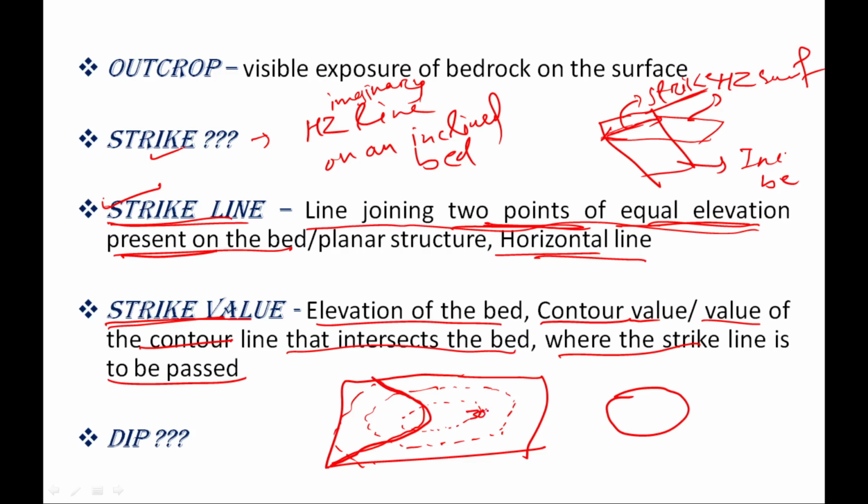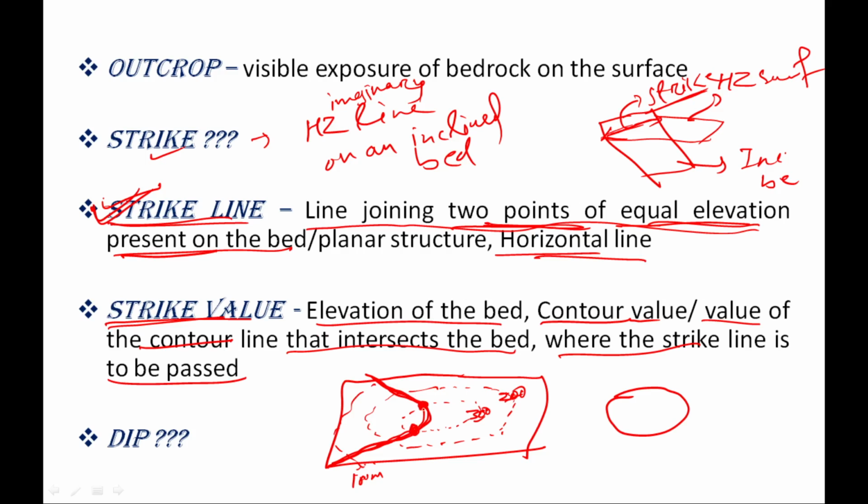So this is, let's say, 300 meter, this is 200 meter contour, and this is 100 meter contour, okay? The center one is the 300 meter, and then 100 meter contour. On that, this is the outcrop of a pole seam, okay? Now how to plot strike line? You have to take 2 points, this point and this point, these are of equal elevation. I have told you strike line is horizontal, so you have to find out 2 points which are of equal elevation, so that when you join those 2 points, that will be a horizontal line.